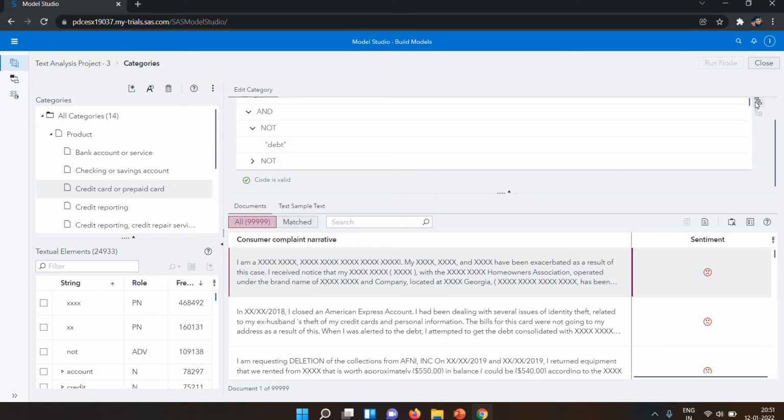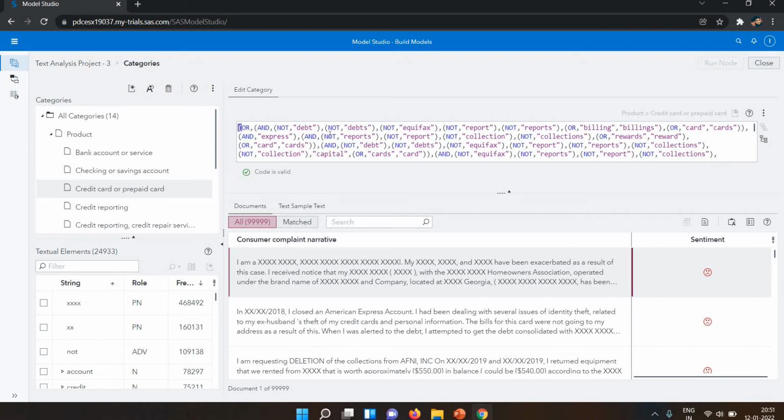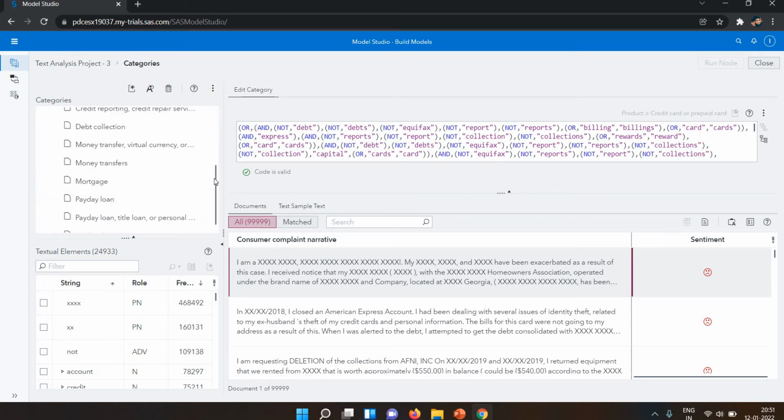In the normal view you can easily write the operator and the words that you want. You can see many categories are created by default by SAS Visual Analytics.